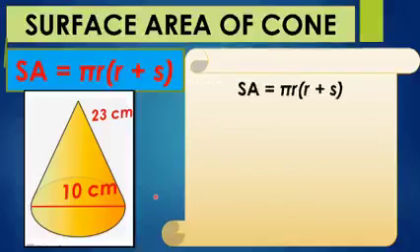So copy the equation. We have pi r times the sum of r and s. Next is substitute lang. Okay, again, pi becomes 3.14. Your r is unknown, okay? But we have a diameter of 10 centimeters, okay? Yung s natin magiging 23. So bago tayo mag-substitute, hanapin muna natin yung value ng radius, okay? Recall in a circle that two radii compose one diameter. Okay? Dalawang radius bumubuo ng isang diameter, or yung isang diameter ay binubuo ng